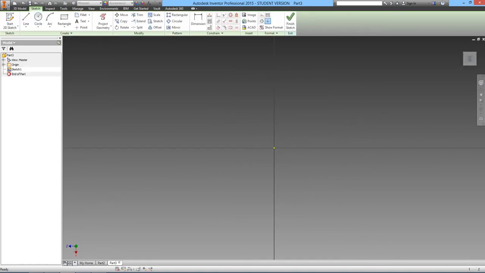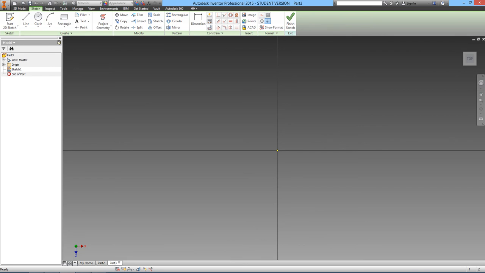Now one of the things that's going to happen is you have to look up here at the view cube and verify that this is in the correct orientation, and right now its top is written vertically, so I want to click on this arrow right here to get it into the proper orientation. If I roll the wheel forward and backwards, it zooms in and out. If I push it down and move it around, it'll pan around, and I'll show you that once I actually